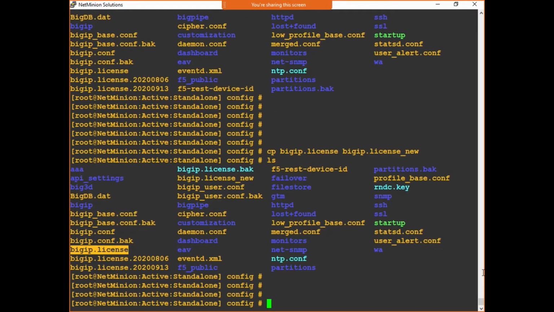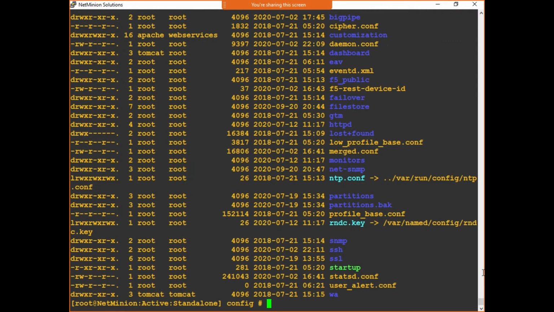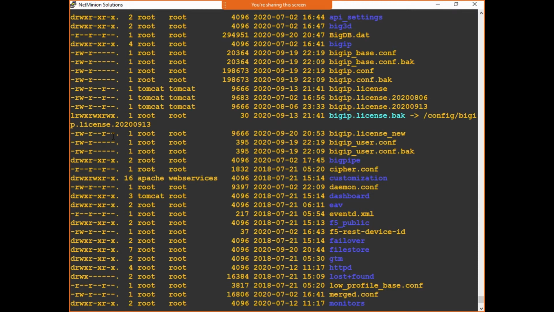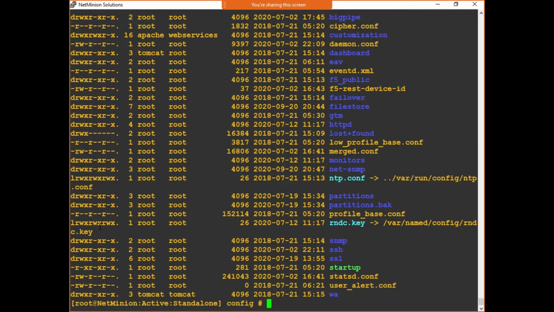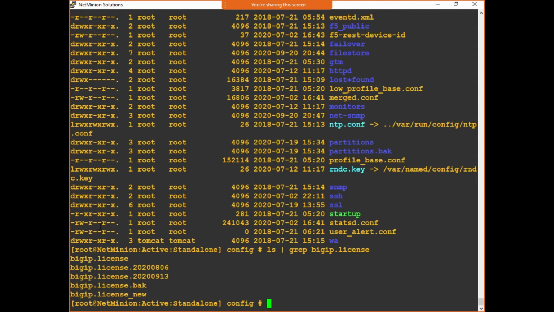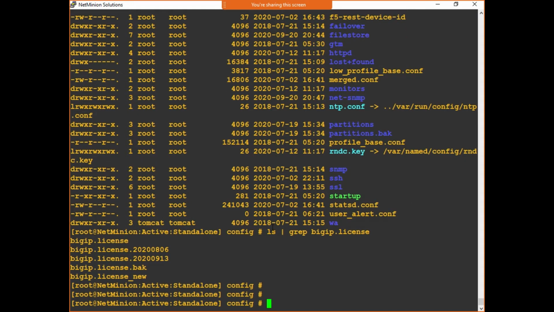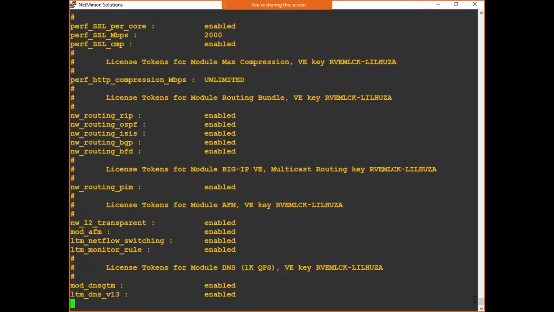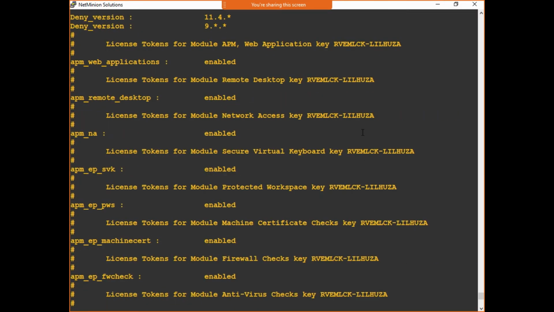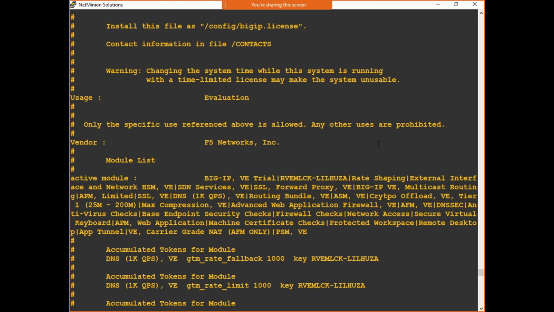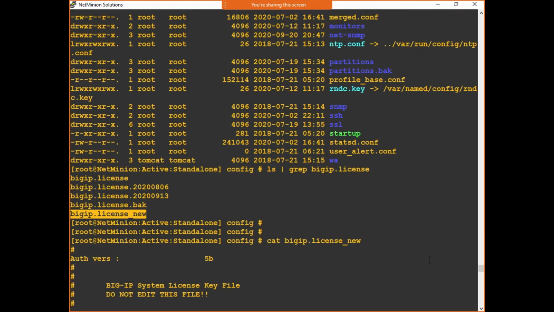How to check here? ls -l, maybe if we check by that, where is new? Can you see one more file is there named new? What is this? This is your same file that you copied. So sometimes it happens that you want to copy a new license into your license file, so you take a backup of your file by copying it and then make the changes in it.